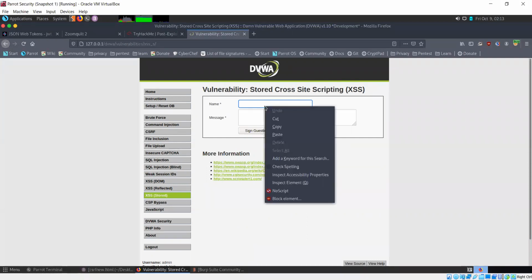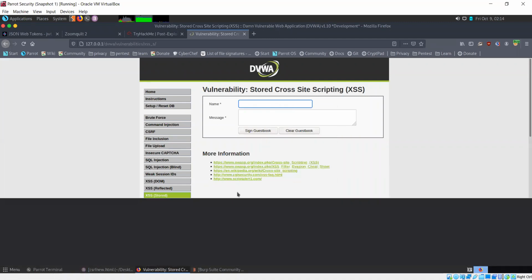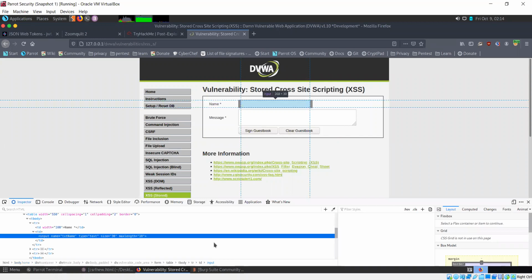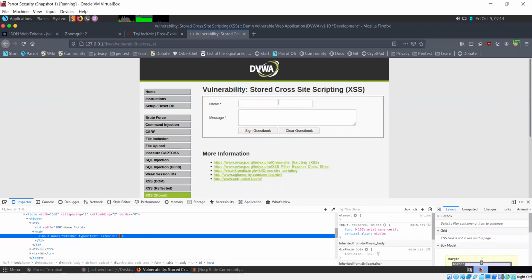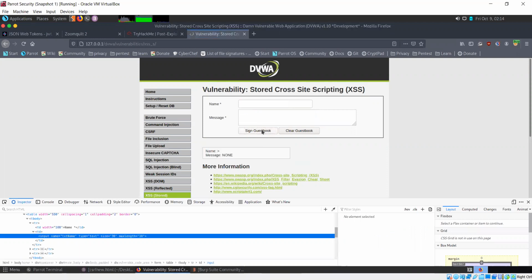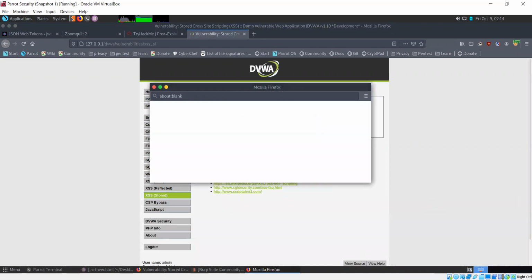Let's try. No, cannot do that. Now let's see what changes are present in this source code.